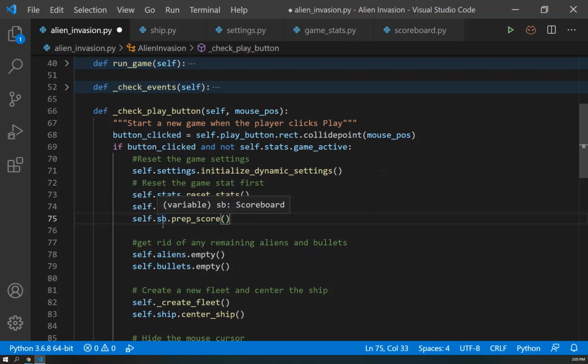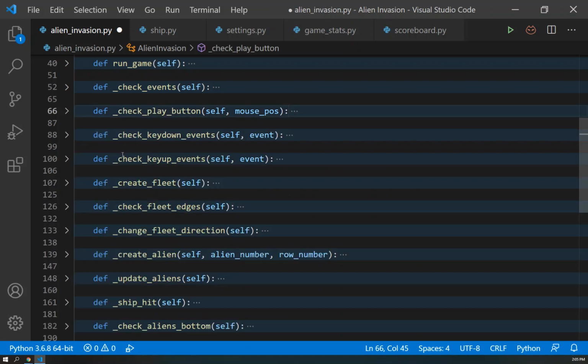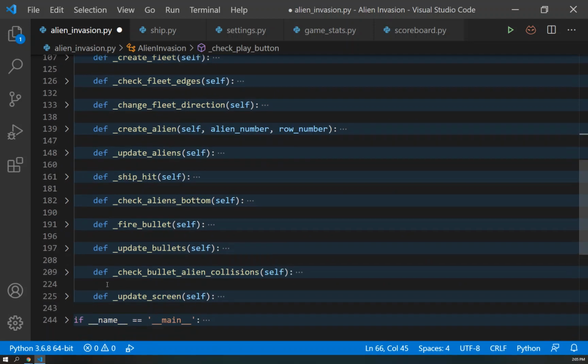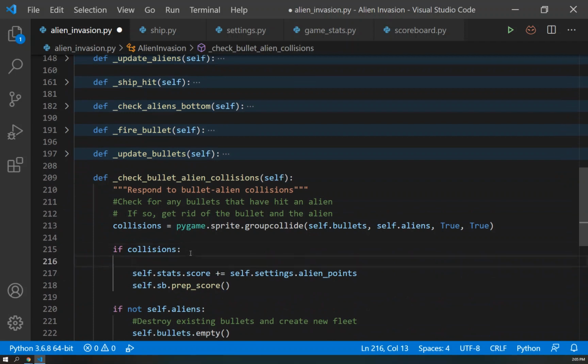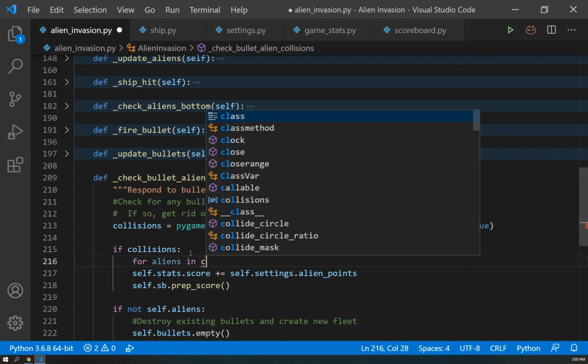Now, the one more thing we're going to need to do is, remember I said that it was a collection. And currently, if it's true, it's going to add 50 points. But what if there were multiple collisions? Well, then we're going to need to actually condition this a little bit better. If collisions are happening, we don't just want to add the score one time. We want to do for aliens in collisions